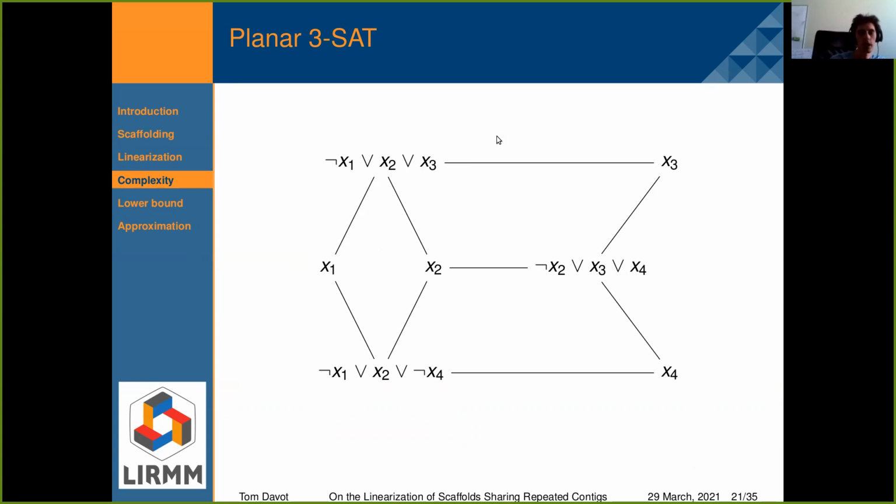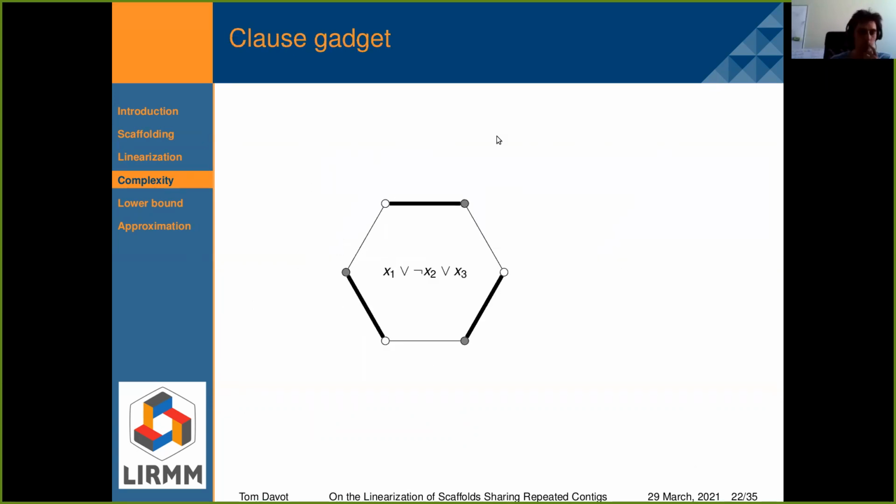The clause gadget is the following. Suppose I have a clause with the variables x1, x2, x3, where x1 and x3 appear positively in the clause and x2 occurs negatively.